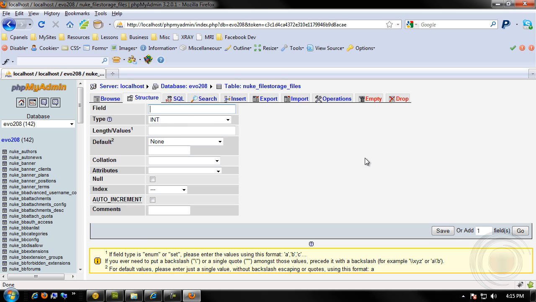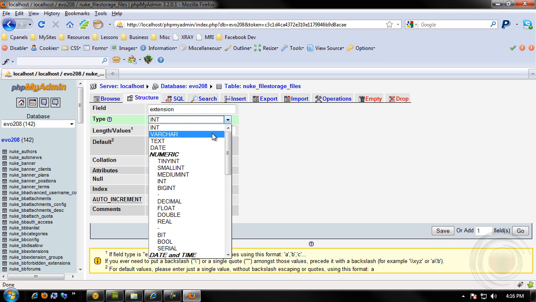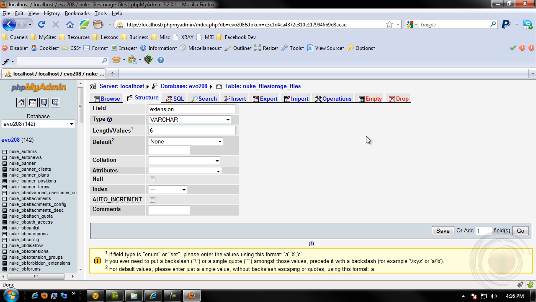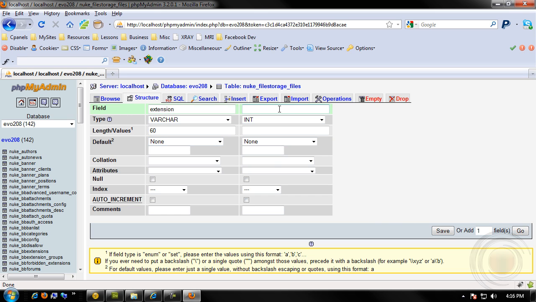Now we'll just go ahead and add the next one, which is going to be the extension, and the extension is going to be a varchar, and we'll just use 60 again, and the default on this is going to be none again, and this time we'll just go ahead and we'll add one field, and it'll just bring up another box. And this time we're going to name it uploaded, and this is going to be an INT of 11, and the default is going to be as defined, which is not null, and is going to be 0. Now we can go ahead and click go again,